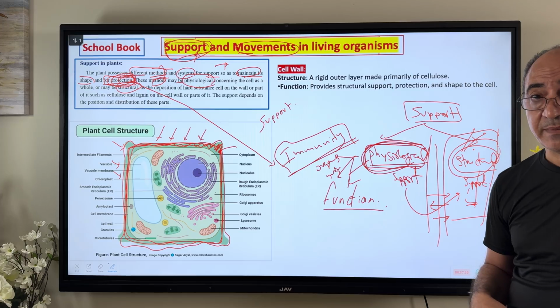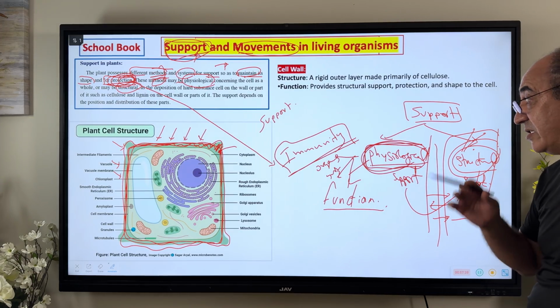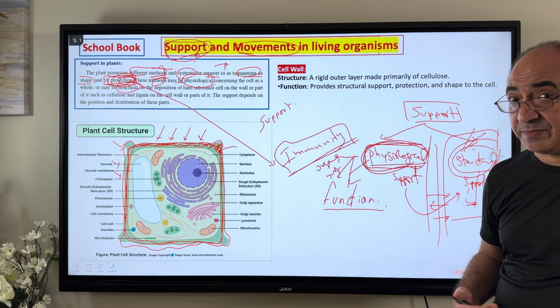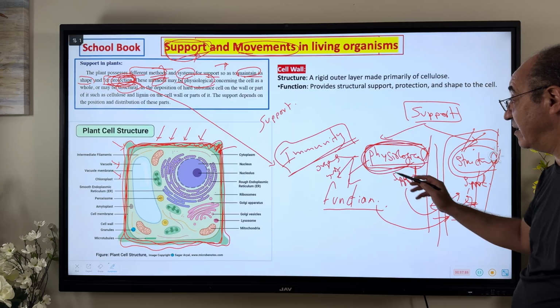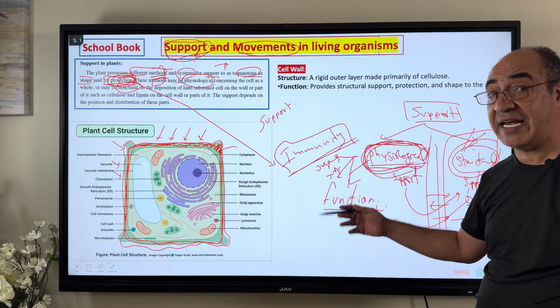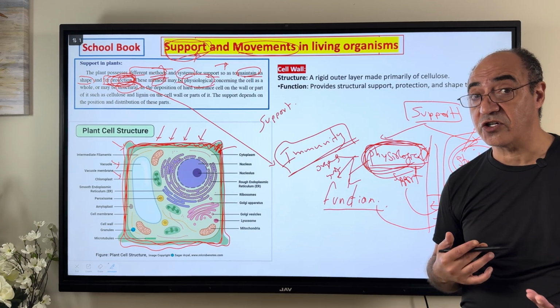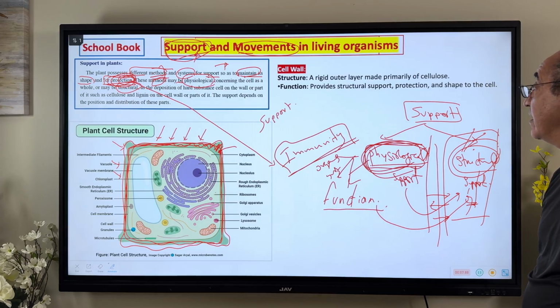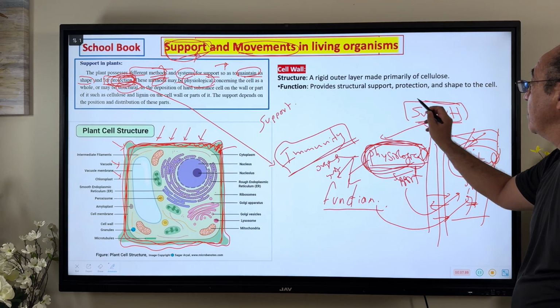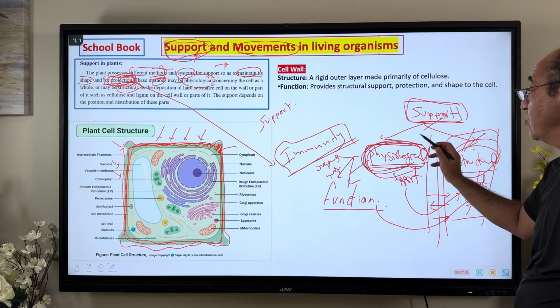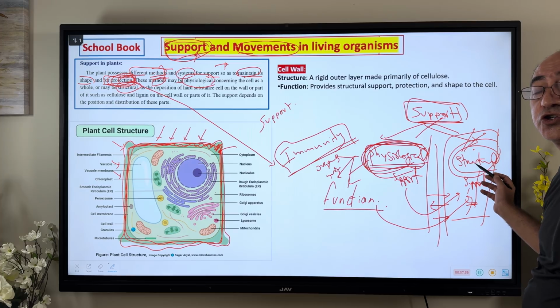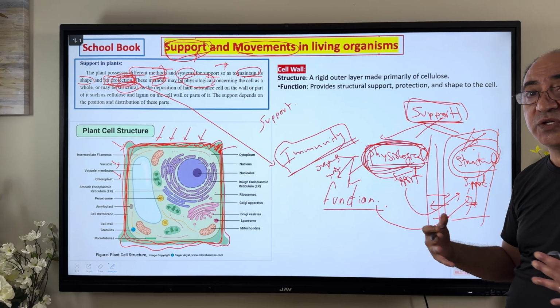For example, we'll deal with the circulatory system, right? The circulatory system is a system that's made of structural components, but in physiology, you'll understand how the system as a whole functions together, right? So now we understand keywords. We will be dealing with support. Support has two components. One is physiological, one is structural, and there is a back and forth between these two